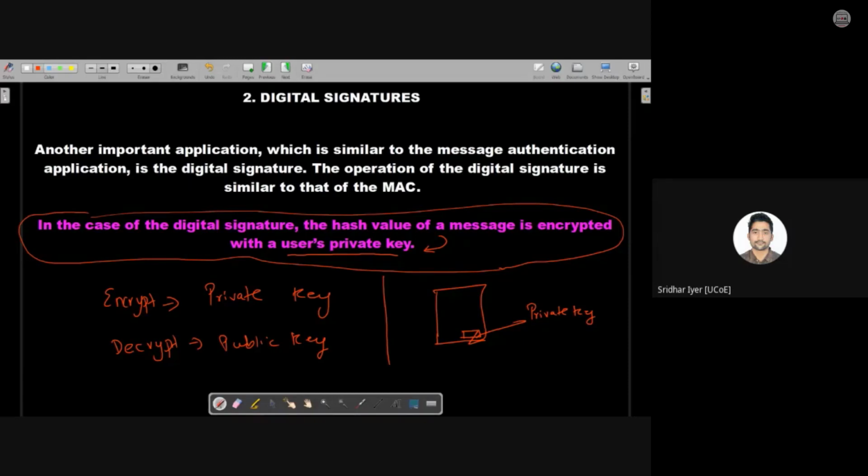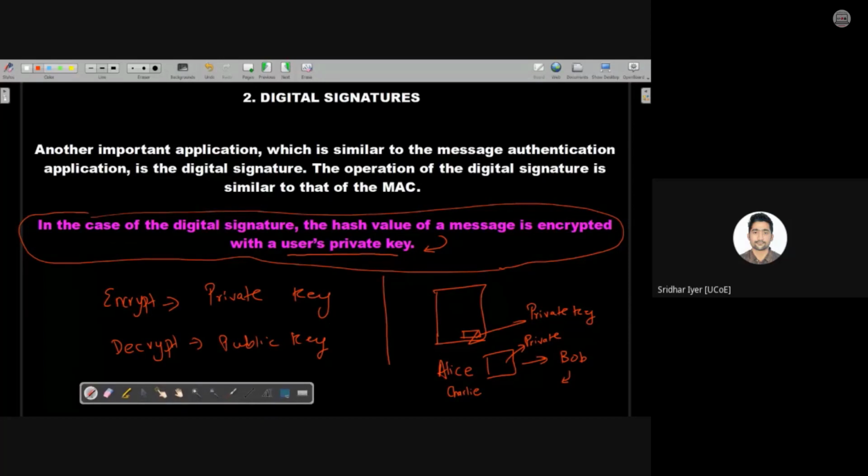So if I am trying to claim as Alice, for example, if one fine day I try to claim as Alice and I send a message to Bob, Bob has to check, right? Bob has to first of all verify whether this message was sent by Alice or by somebody else, Charlie. Yes or no? For that, Bob will check whether this message has been encrypted using Alice's private key or not. Because as you all know, there is a relationship between the private key and the public key. So if this message is encrypted or signed by Alice's private key, Bob has already got the public keys of all the parties present in the network. Yes or no? He has everyone's public key.